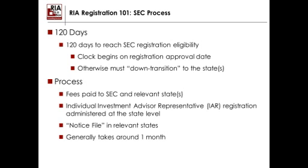Looking at the SEC process a little bit, one thing to highlight here is this 120 days. Many new advisors are not going to have 100 million of assets on day one. So the SEC gives you 120 days to reach SEC registration eligibility. In other words, you have 120 days to get up to 100 million in assets under management when you're transferring those assets over when you're first starting your RIA. One thing to note is the clock begins on the registration approval date. And if you don't hit that 100 million threshold within 120 days, you're going to need to down transition